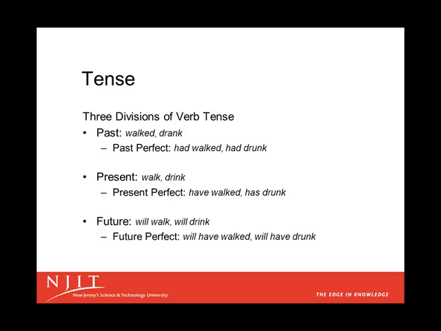The present perfect tense is formed by using have or has with the principal verb's past participle. Have walked, has drunk. It describes an act, state, or condition that is now completed or continues up to the present, like I have put away the papers, or it has been a long day. The present perfect tense is different than the past tense because it indicates a more specific or a more remote